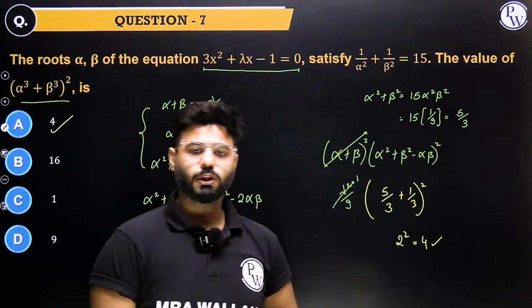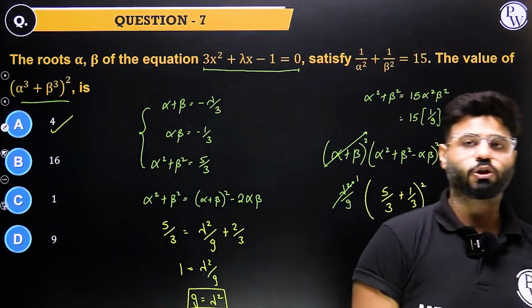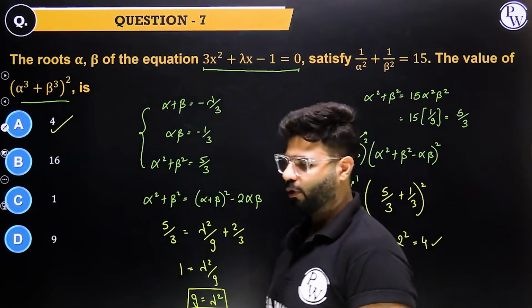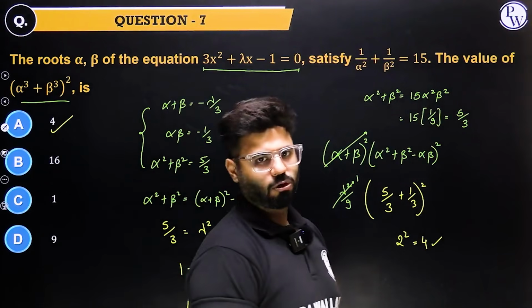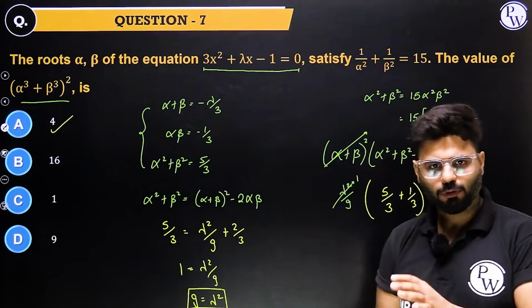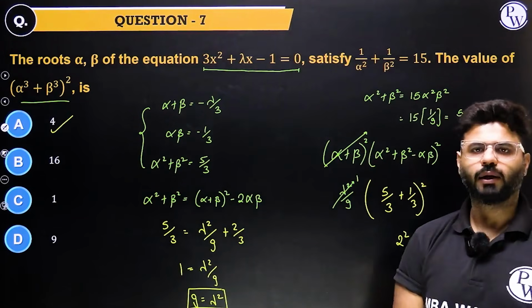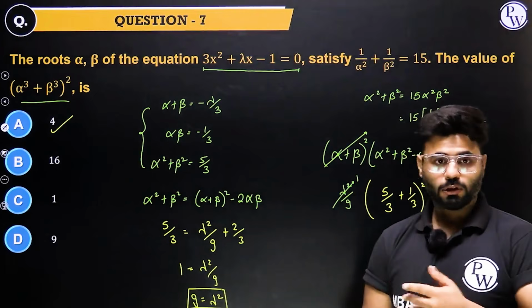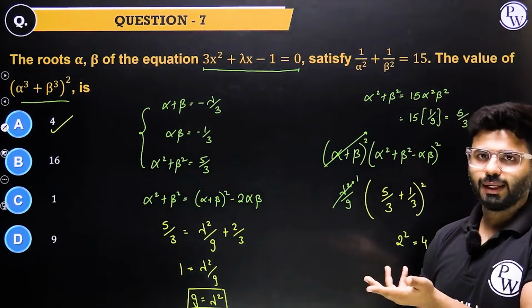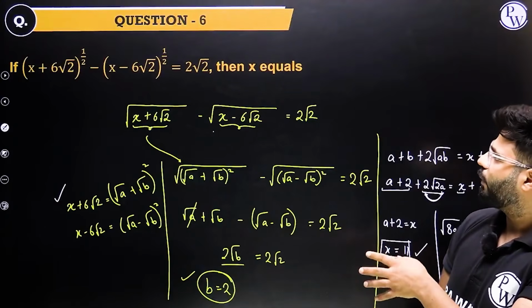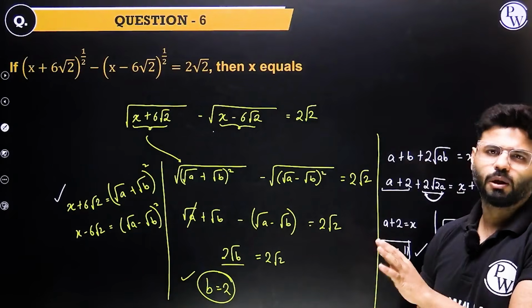So I told you algebra was comparatively easier, but arithmetic brutal. The difficult questions of arithmetic were untouchable. If you go into them, you're destroyed. Time taking, time wasting. Now these are still the ones where if you struggle, you will get the answer eventually, right? But algebra was not that brutal. If you go into this, yes, it will take time, but eventually you will get the answer, right?